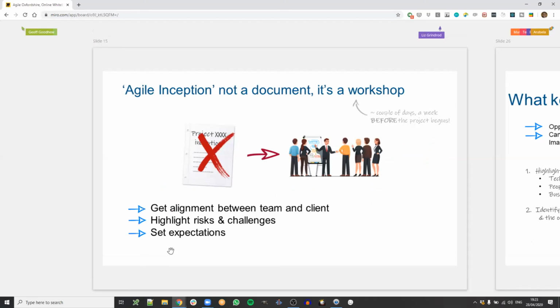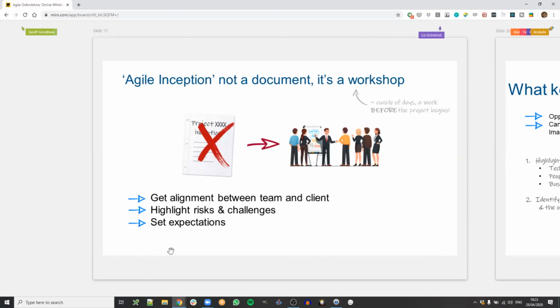So this is what I call the inception phase or workshop, which I insist is not a document. A lot of projects I see, people write some kind of project management plan or something, and then they just send it by email to people, which is probably the worst way to communicate ideas, because of course a document can be misread or misinterpreted, and a document like that will potentially be complex, and will have errors, and things will be vague. It's just not a good way to communicate. So in my head, it's a workshop.